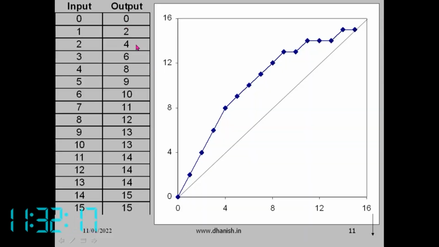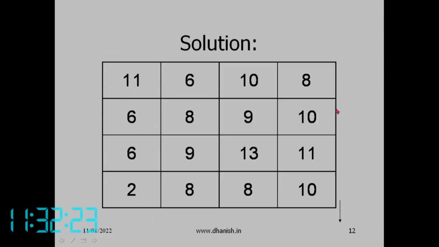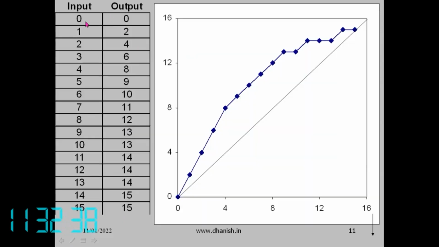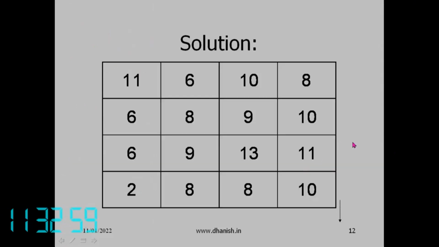So this is the previous matrix. For 7, the output is 11. Like that, you fill the output matrix with the corresponding values from the table. That's all. So this is the solution. Did you understand how to get this? Just apply this table for each cell value in the previous matrix. You check the table and replace it with the output values. That's all. This is the relationship between input and output, shown here.